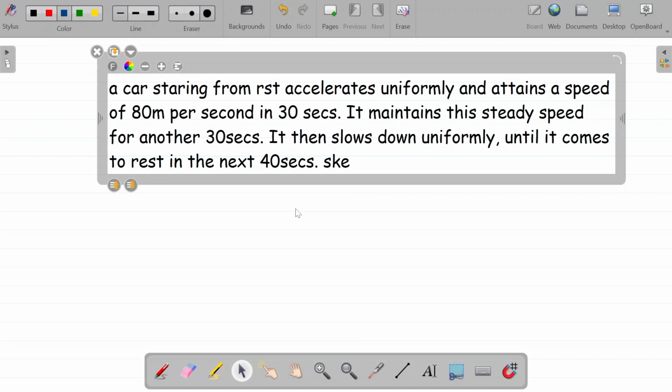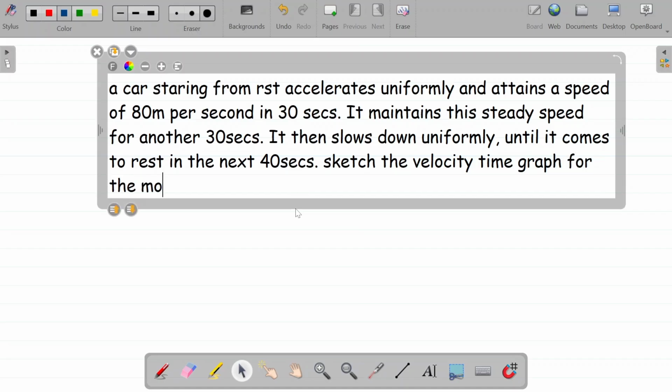So the first one is: sketch the velocity time graph for the motion of the car,